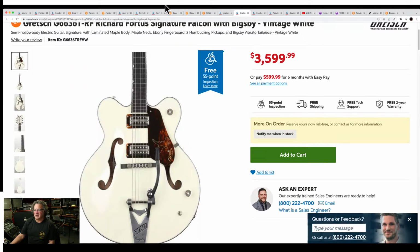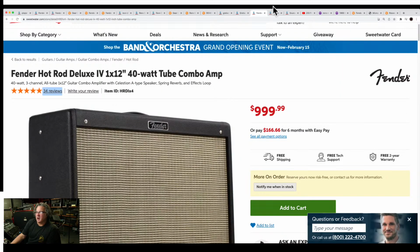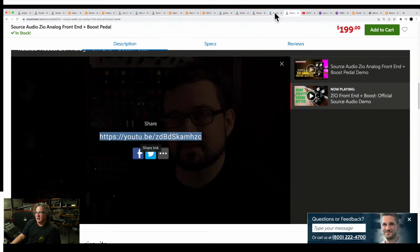Does it do Guns N' Roses? Yes. Does it do AC/DC? Yes. Does it do Praise and Worship? Yes. Is it $3,500? Yeah. But it's awesome. When we want to go deep, we go deep. All right, hang on a second. So I went over to the Hot Rod Deluxe 4, but the amp that I really wanted to go to,